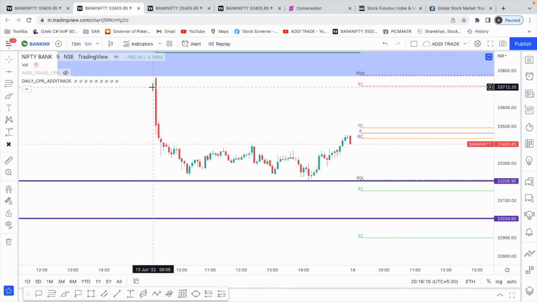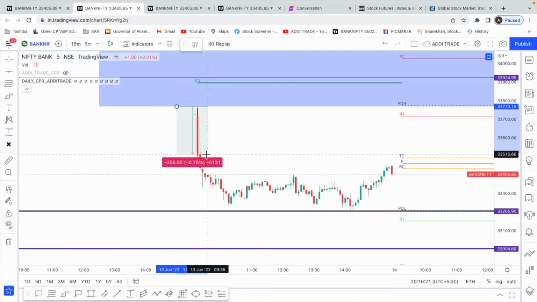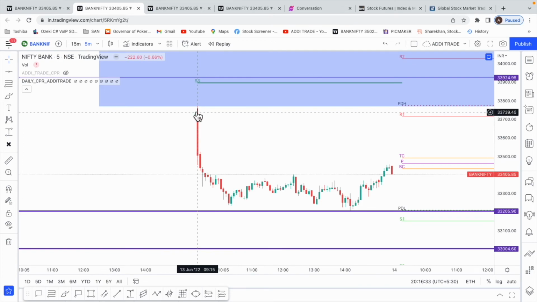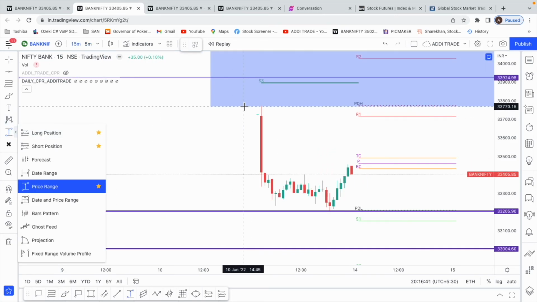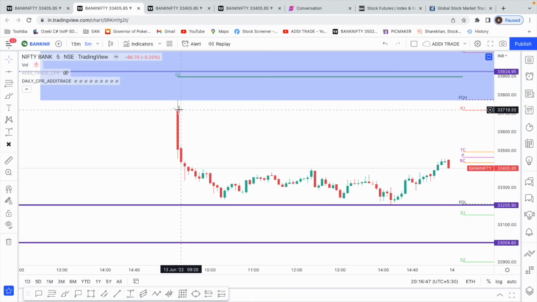See, the first 5-minute candle itself took out 300 points after the gap down. We cannot enter before 5 minutes, right? Obviously there's no point in entering before the first 5-minute candle is formed, at least the 15-minute. The first 15-minute candle, if we wait, has taken out almost 400 points. So in these times the only trade that you can do is just when this candle is forming, just enter and exit with as quick profits as possible. There's no point in staying in the trade because in the first 5 minutes it will be really volatile and immediately you might get a pullback on the upside.